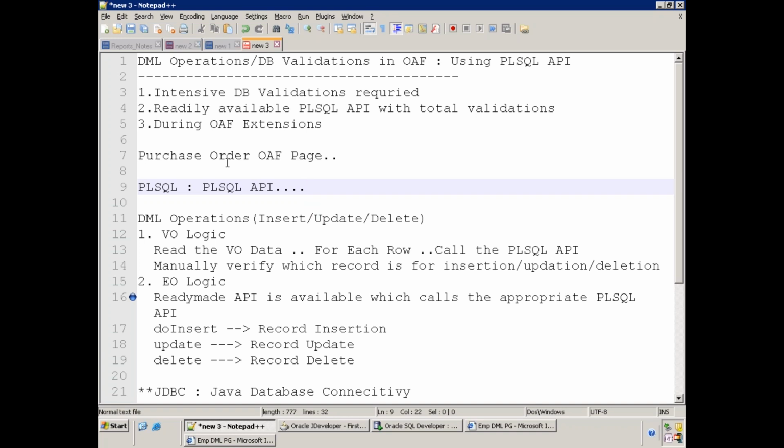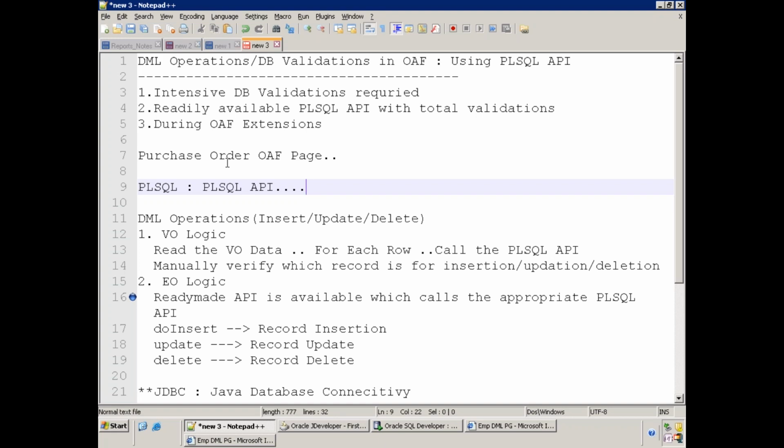There you have to call this PL/SQL logic extensively, because you will have very limited functionality to be performed in Java. So the best thing available will be the database. And maybe if you are aware or not, in a CVO extension, let me tell you one simple example.